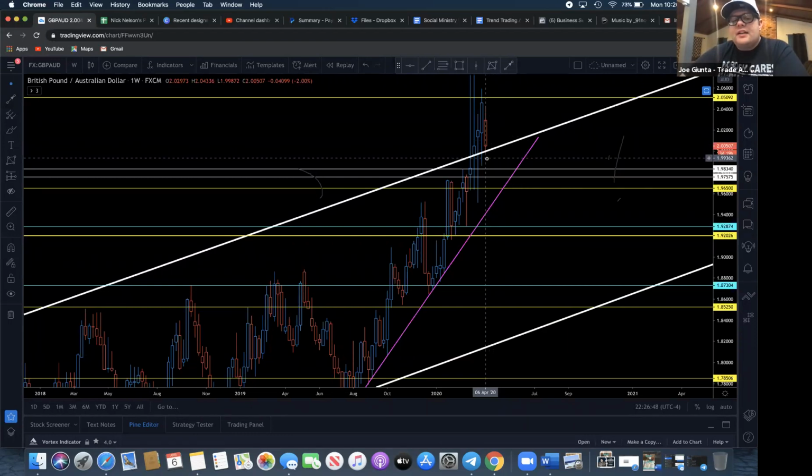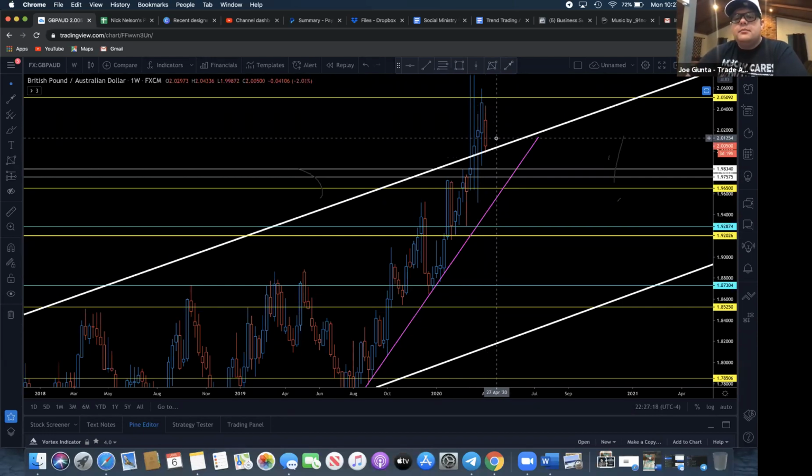If it closes inside of our channel, now we have a whole other 4-week process to wait for, right? 1, 2, 3, 4. We have to look at the month of April and May. And so anytime you see it stay outside for more than the course of the next time frame higher, then this move is no longer valid, and you have to look to the higher time frame, and your top-down analysis has to start at a higher level. Does that make sense to everybody?